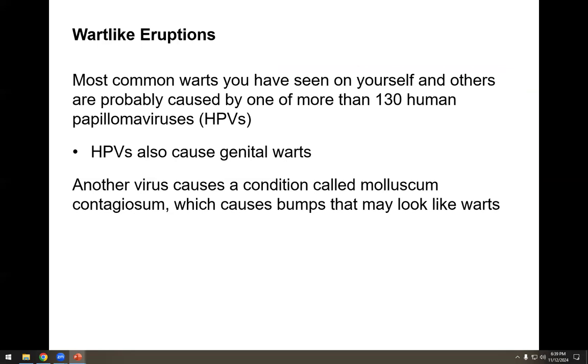All right, warts are next. These are common. If you have ever had a wart on your hand or known anybody that's had a wart on their hand or anywhere else in your body, it's probably caused by human papillomavirus. Almost all warts are. There's so many strains of HPV out there. It is insane. There's like hundreds of strains. There's some of them that are associated with genital warts or with things like cervical cancer. There's several. I mean, I'm talking like dozens of strains associated with cancers like cervical cancer, anal cancer, oral cancer, and all sorts of things that could be associated with HPV, incorporating its little DNA into your little DNA and disrupting